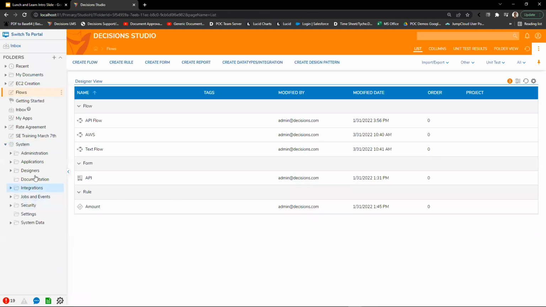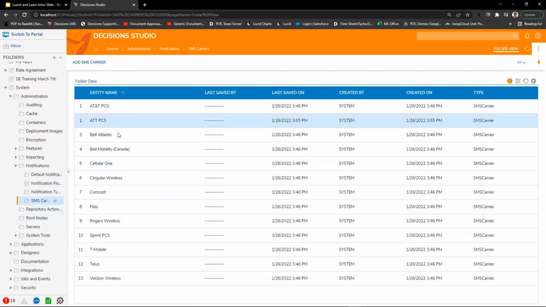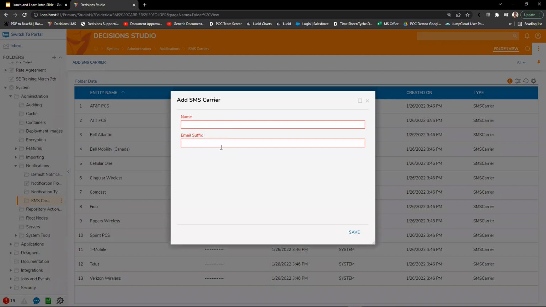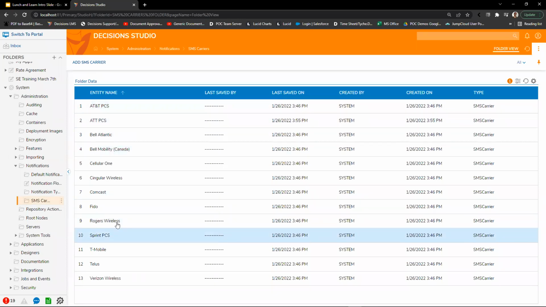So down here in our system folder, if we go inside of our administration folder, we'll go inside of our notifications, and if we click on SMS, you see you have different options available for SMS. These have been preset, but you can also go up here into the add SMS action at the top and add an additional SMS carrier. As you see, we have different options here